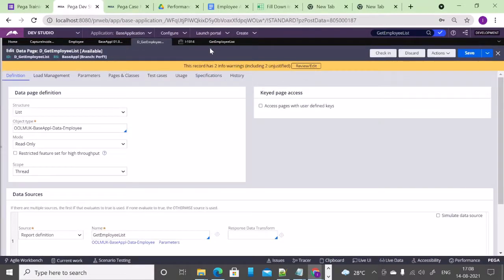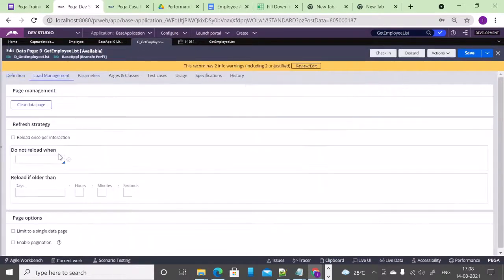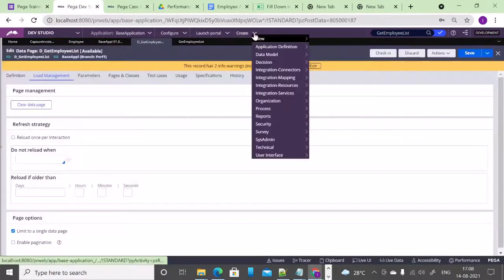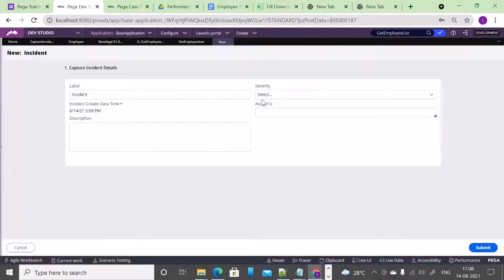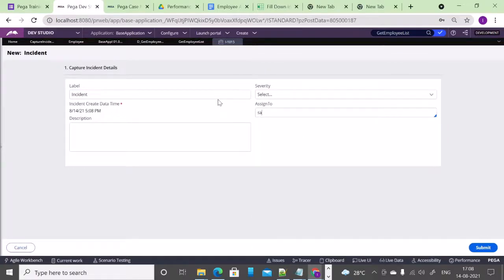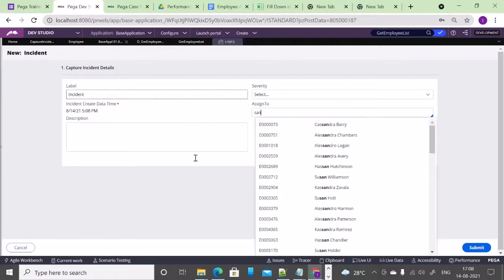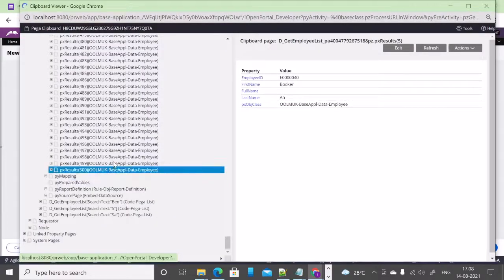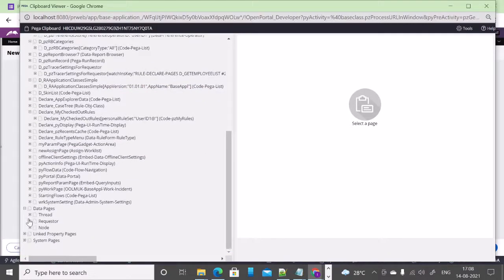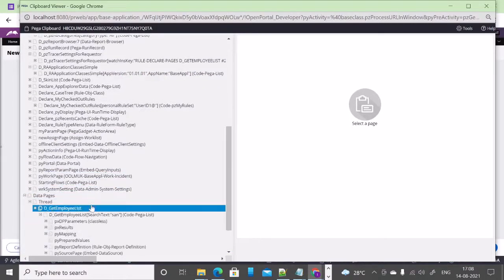So there is an option in the data page to say, at any point of time, just limit the data page to a single data page, and that would take care of it. So whatever parameters I pass, for each parameter it doesn't create a different copy. Let me search with Ben and then San. Let me open the clipboard and see. Now there should be only one copy of the data page, which means memory is not getting occupied and so on.